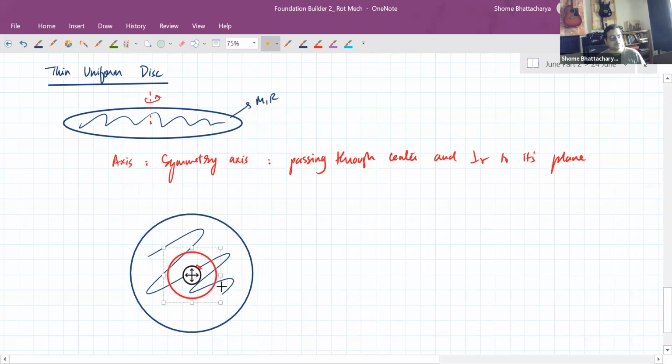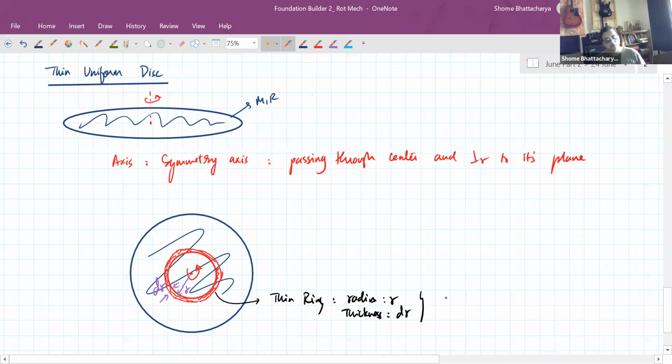If we slice this into thin rings of radius r and some small thickness dr, so if we take a thin ring like this, of radius r and thickness dr,